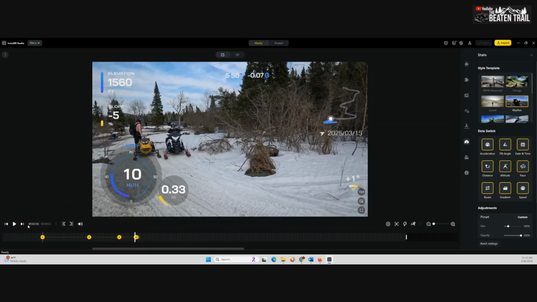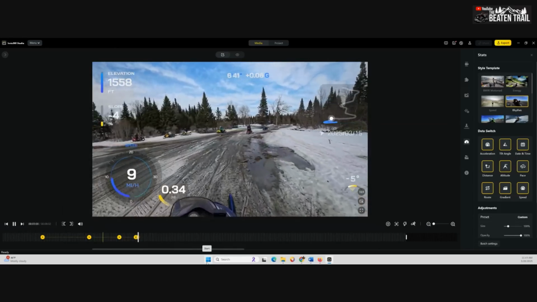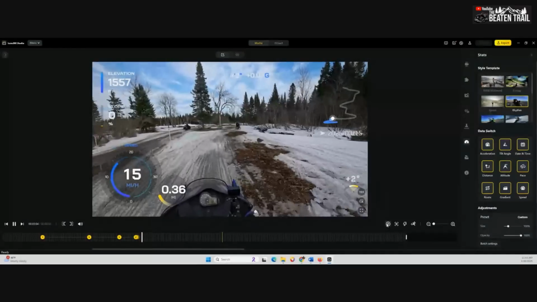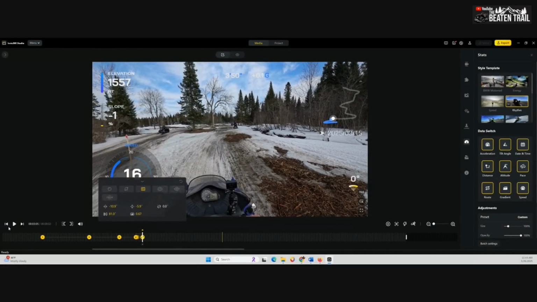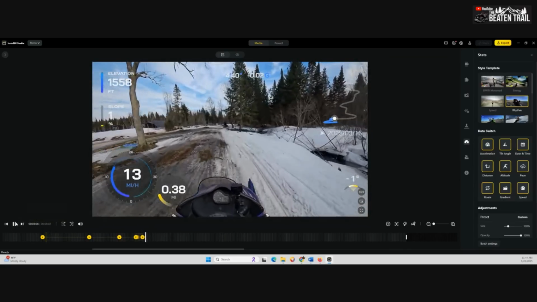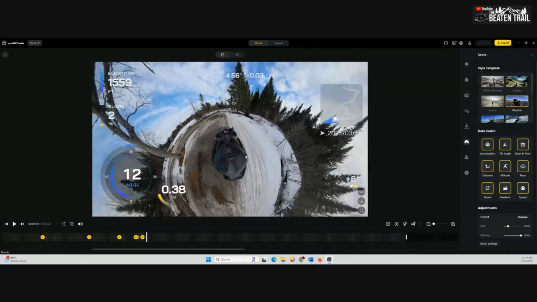So what does that do, you say? When we go back and play, now the camera comes back. As you can see, now we're looking forward, and you can let this play and say, all right, well, I want to see what it looks like in a fisheye lens. All right. And so what I can do is I can use the mouse, and I can go ahead, and